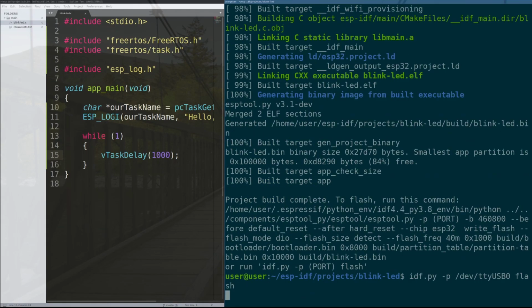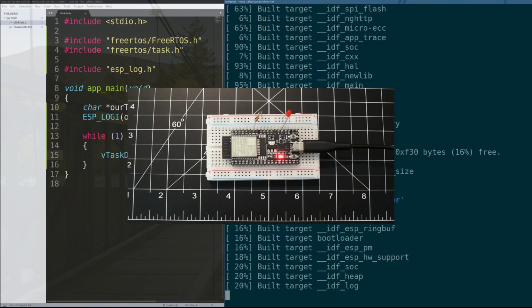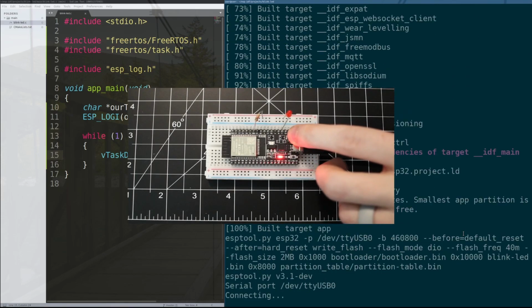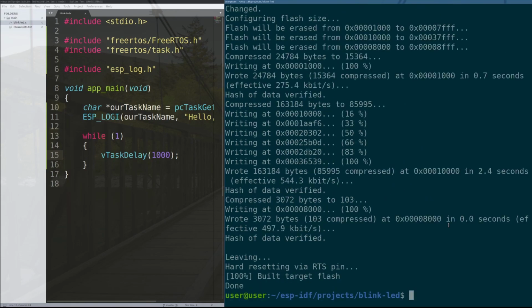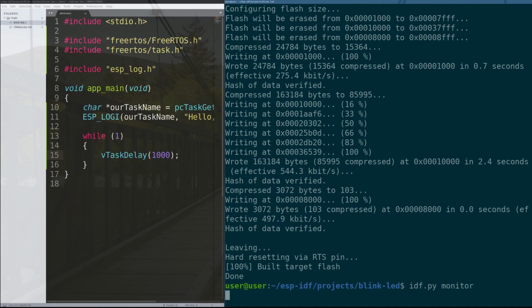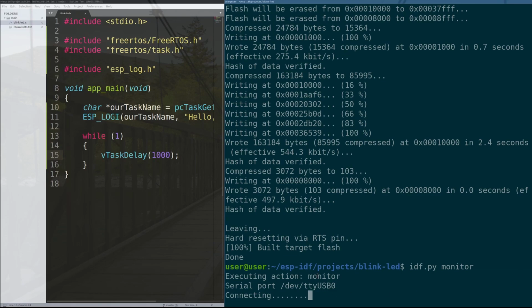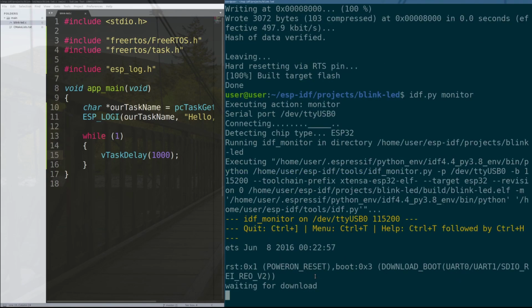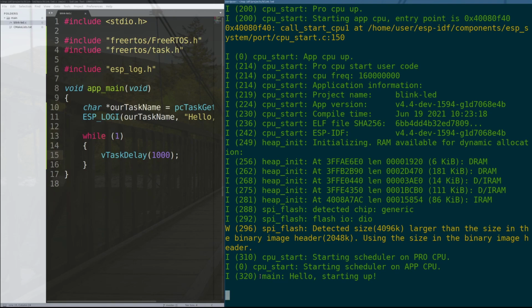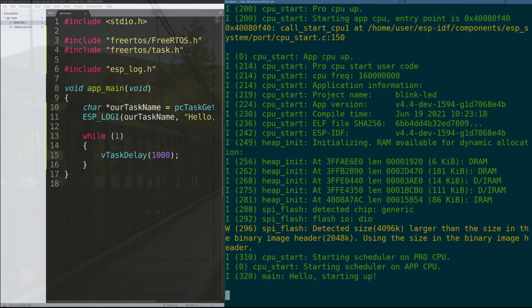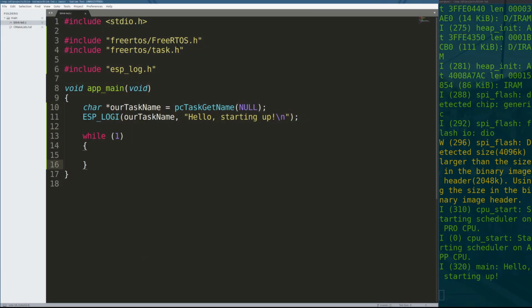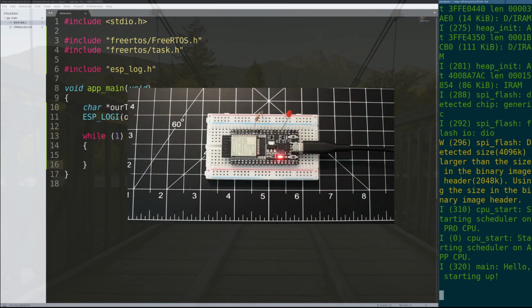We flash, and again, I have to hold the boot button for this to work. Let it flash. And then we do the monitor. Hold the boot button again for it to catch, and then reset. And now it's starting up, and now this task delay is yielding priority back to FreeRTOS, and as a result, FreeRTOS is not complaining. So to get the GPIO running, right, the whole point of this tutorial is to get